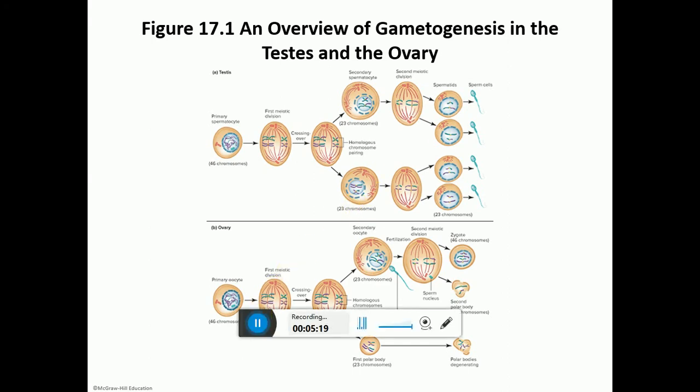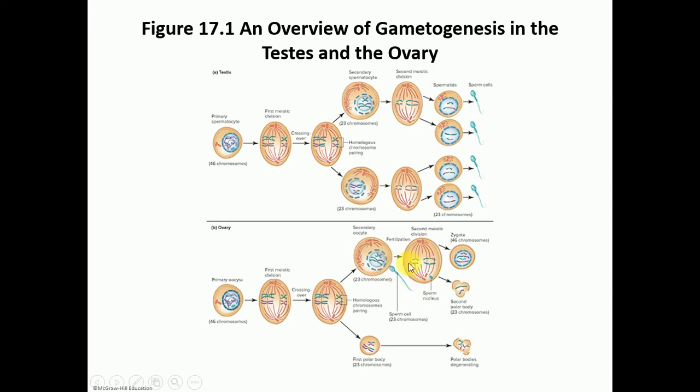And not only does crossing over happen in spermatogenesis, it also happens in oogenesis as well. Just a quick tip, in oogenesis, and we'll get to that in more detail when we reach that part, it goes through the first meiotic division and then it stops. Okay, second meiotic division does not occur in oogenesis unless